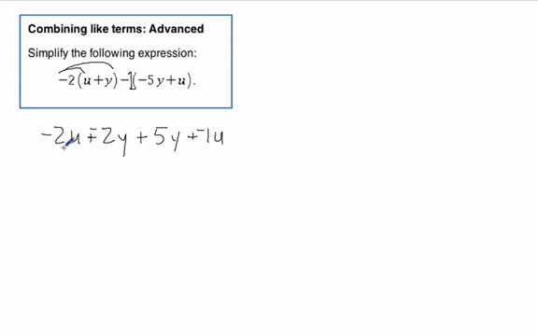Now we look at the two like u terms. We've got a negative 2u plus a negative 1u. That makes a negative 3u. And then we've got a negative 2y plus 5y. That makes a positive 3y. And we are all